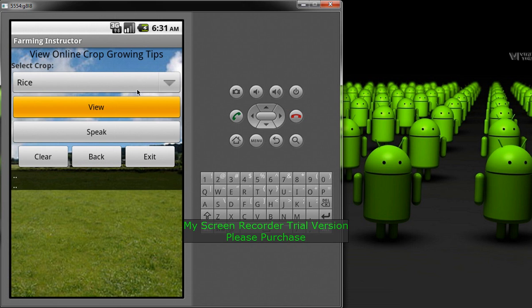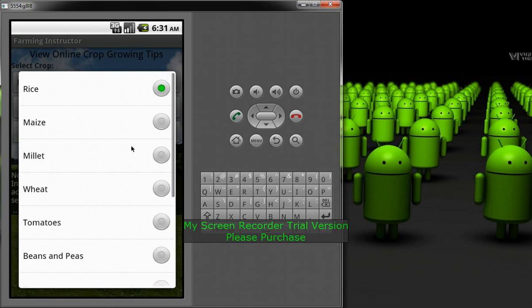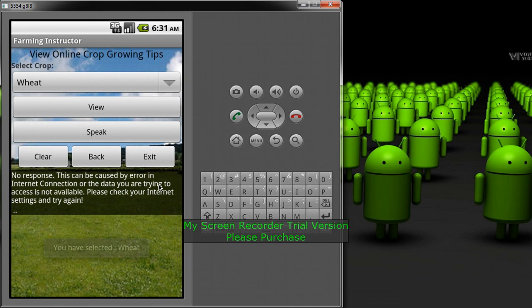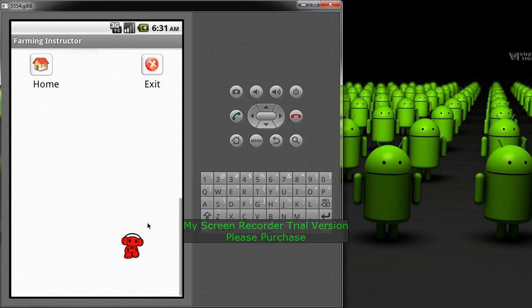We are going to view for rice. Maybe the part of rice is not there. If there's an error in network connection, it will tell you there. You can select another crop. You view the same, you'll see the tips popping up down there. Okay, now you go to another feature, which is